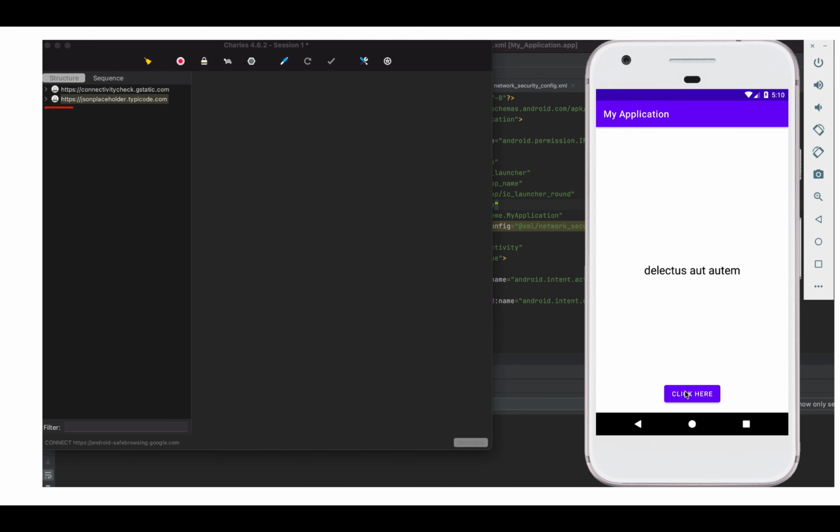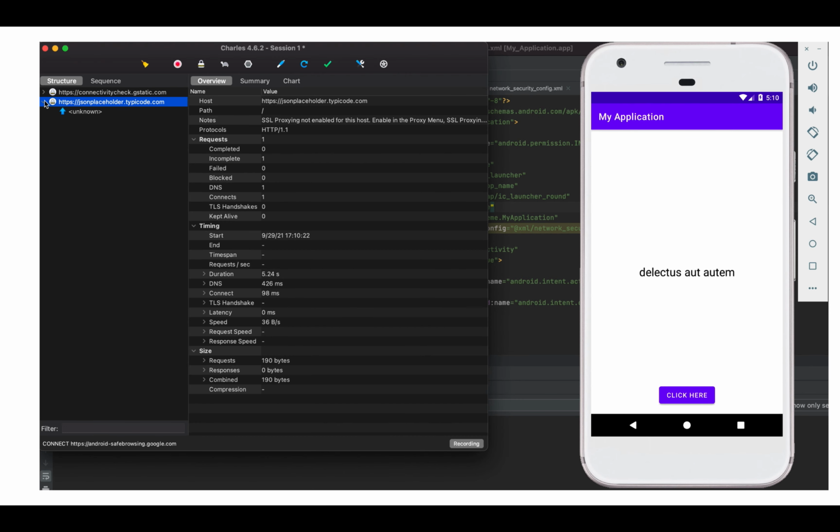The problem we are seeing is in that lock screen, and if you try to expand it, you will find a message: SSL proxy not enabled for this host. That means we need to enable the SSL proxy, otherwise we cannot see the request and response.